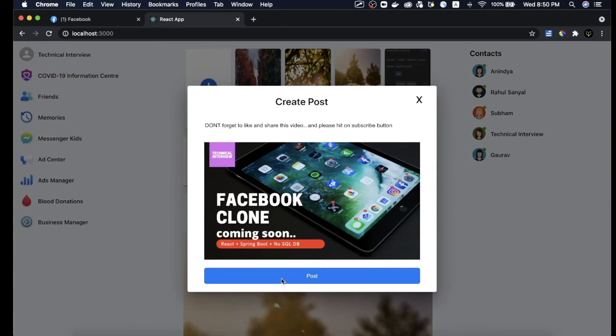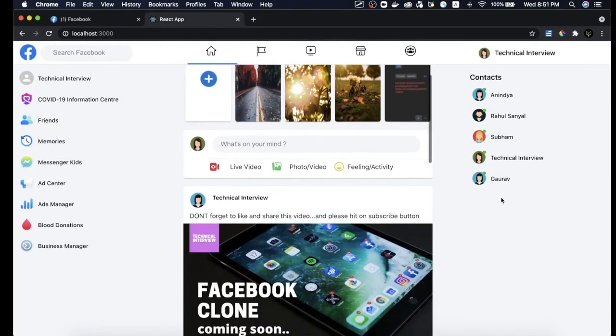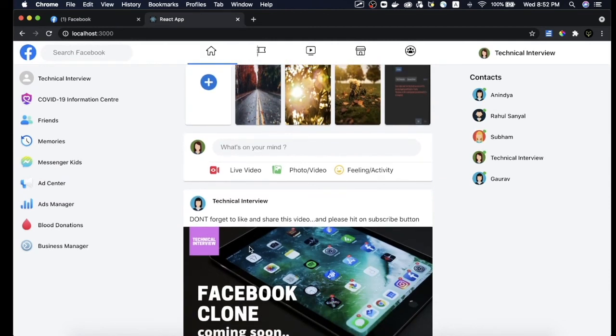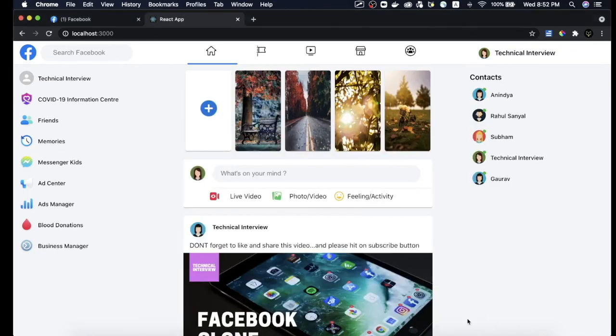So let's click on post and see whether everything is working or not. And great, you can see our post got successfully uploaded into our Facebook application, and this is looking quite brilliant. Let's upload one more status to see whether this functionality is working or not. And brilliant, you can see the new status is already there, which we have uploaded right now. So this was the complete video of